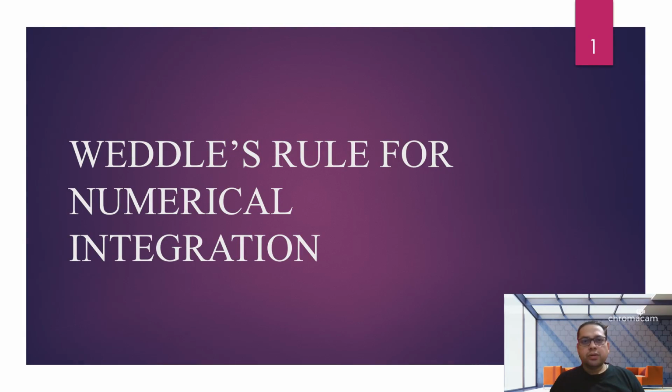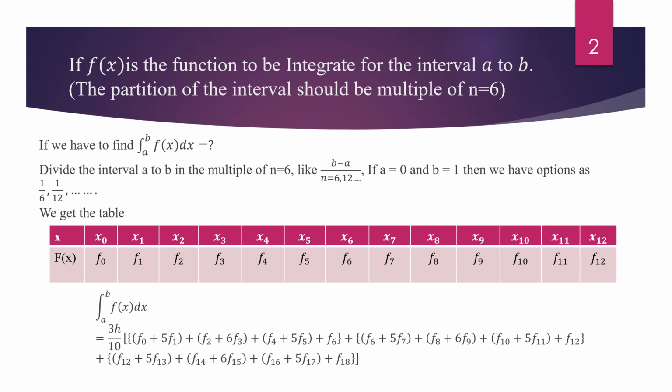Hello everyone. Today we are going to discuss Weddle's rule for numerical integration. Now, if f is a function to be integrated over the interval a to b, the partition of the interval should be a multiple of 6 to use Weddle's rule. That means the partition should be 6, 12, 18 onwards. The reason for selecting this type of partition is because when we use Weddle's rule,